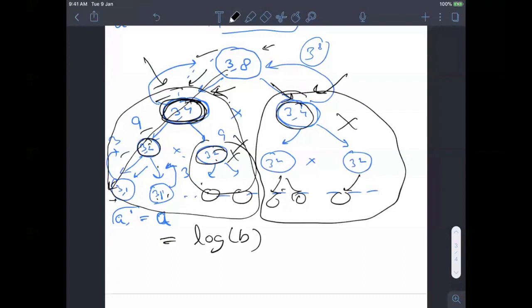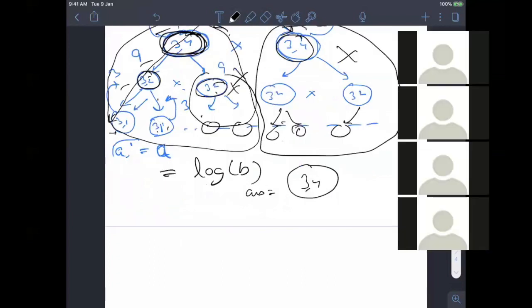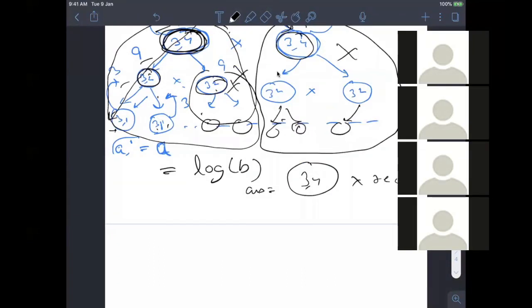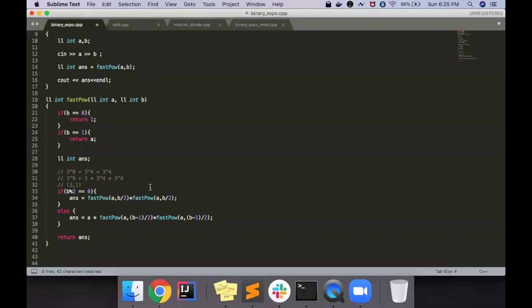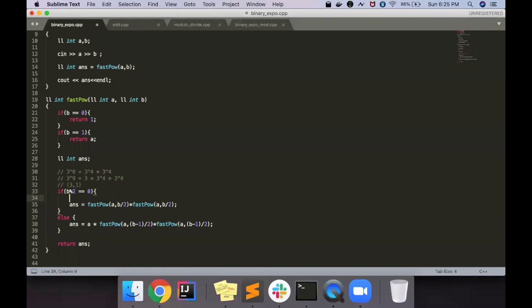again. Like let's say this circle, 3 to the power 4, we have already stored in our answer. Earlier we were calling recursion again. Now what we can do is simply multiply this answer into answer again. So let's look at our code. Here if you look closely, I'm calling this recursion twice, and this is the same recursion, right? So what I can do is simply